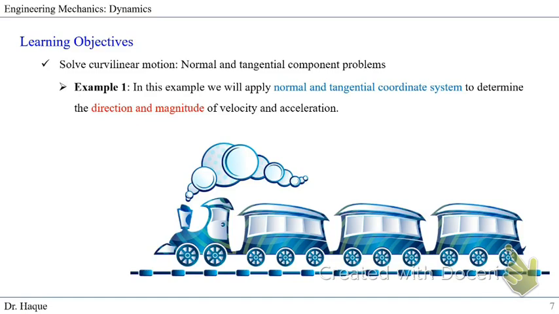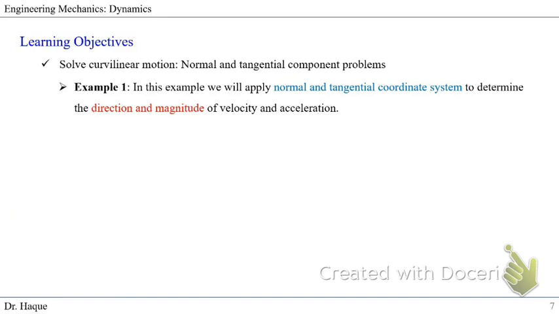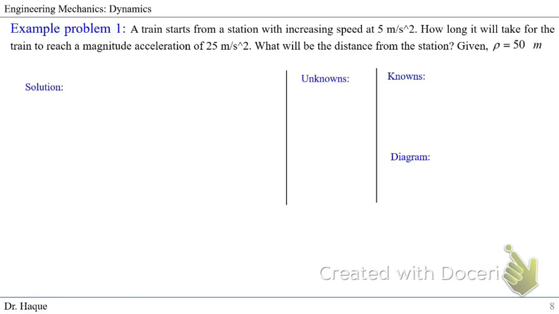This is a train. We'll work on only the engine. So bye to the train, and let's move to the problem. A train starts from a station with increasing speed at 5 meters per second square. The train starts from a station, meaning it may have started from zero position, zero velocity,